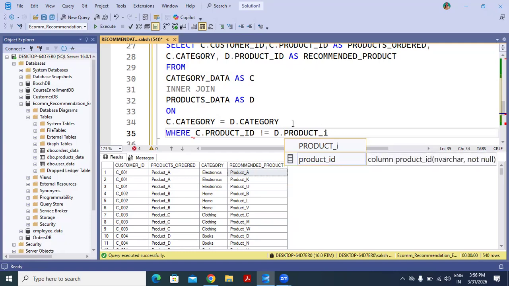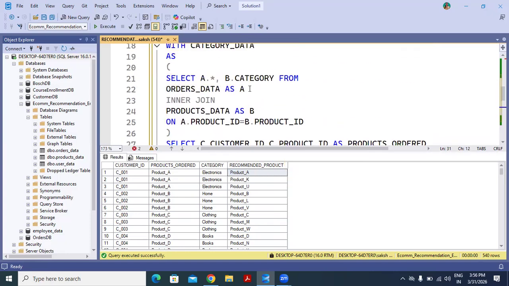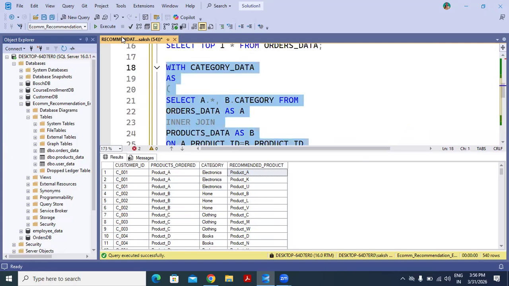So we can remove the product also. Now, if you select it and execute it, you can see you have ordered the product A, but you are getting the recommendation of other products except that product.